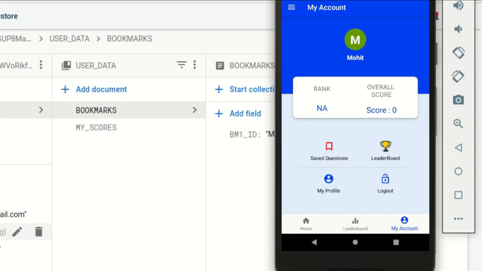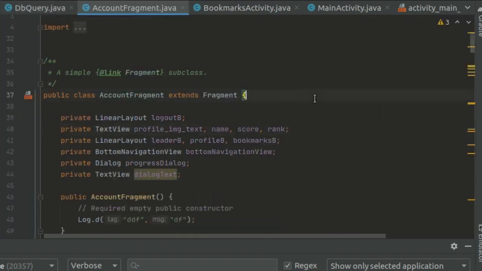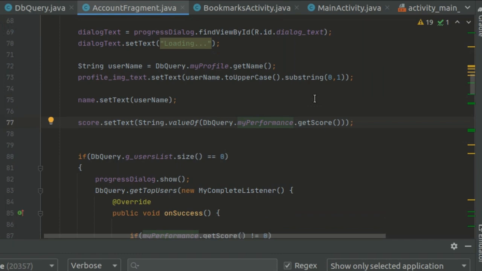Okay, saved question, I will do it. Go to the my profile, not my profile, my account .java. My profile fragment. Actually it's a fragment. So in fragments, category, account fragment, go to the account fragment, and here we have this button,